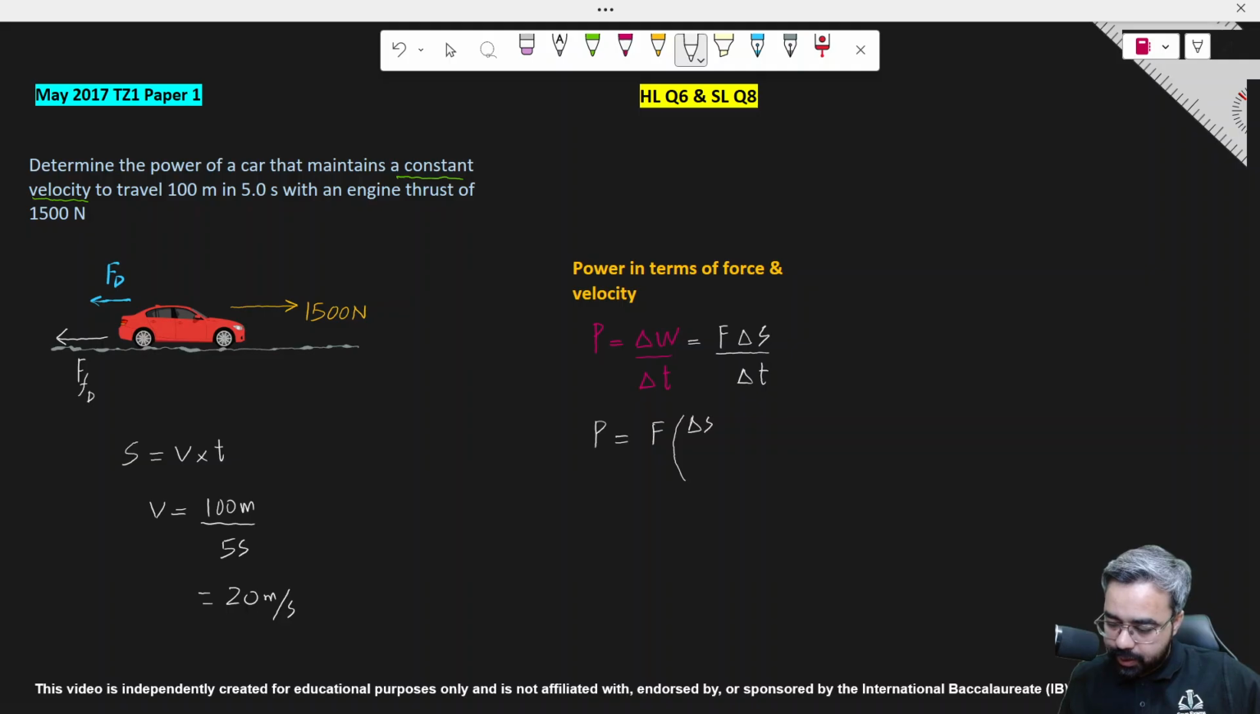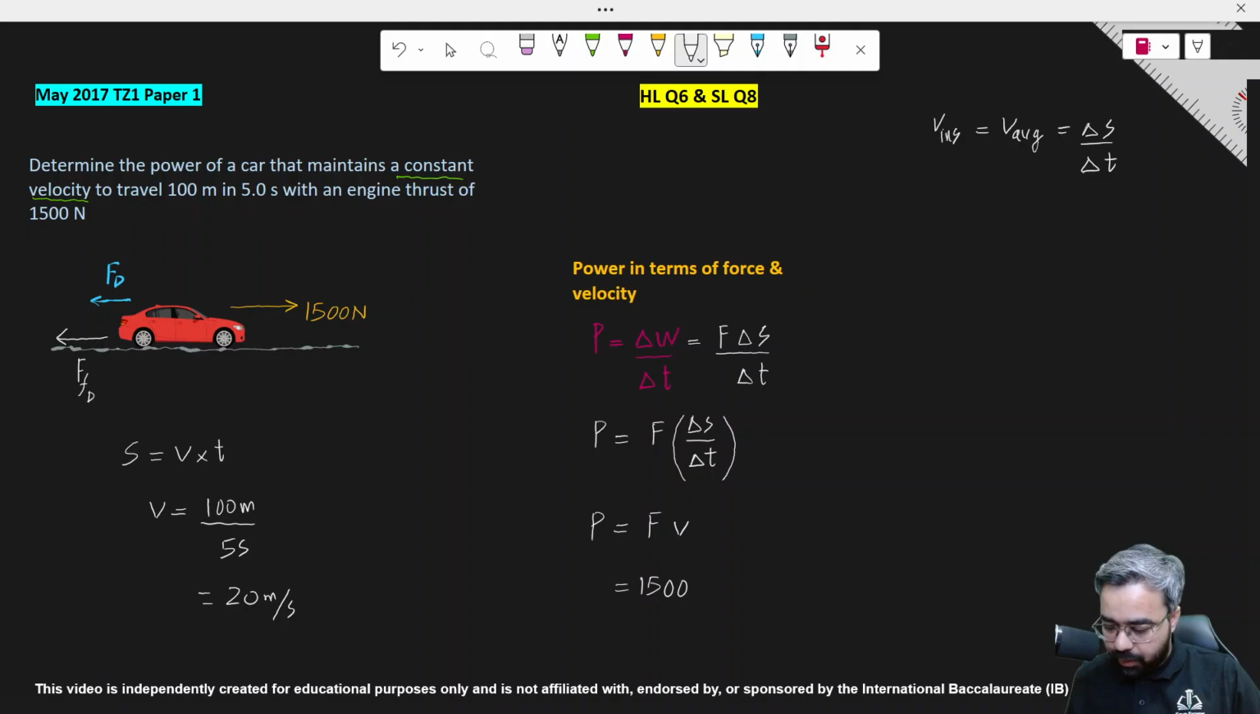this delta S over delta t, which is the rate of change of displacement, which is the average velocity, is equal to the instantaneous velocity. When the velocity is constant, the instantaneous velocity at any instant of time can be written as the average velocity, which is delta S over delta t, the gradient of the displacement-time graph. So the power is the product of the force and the velocity, and we simply have to multiply